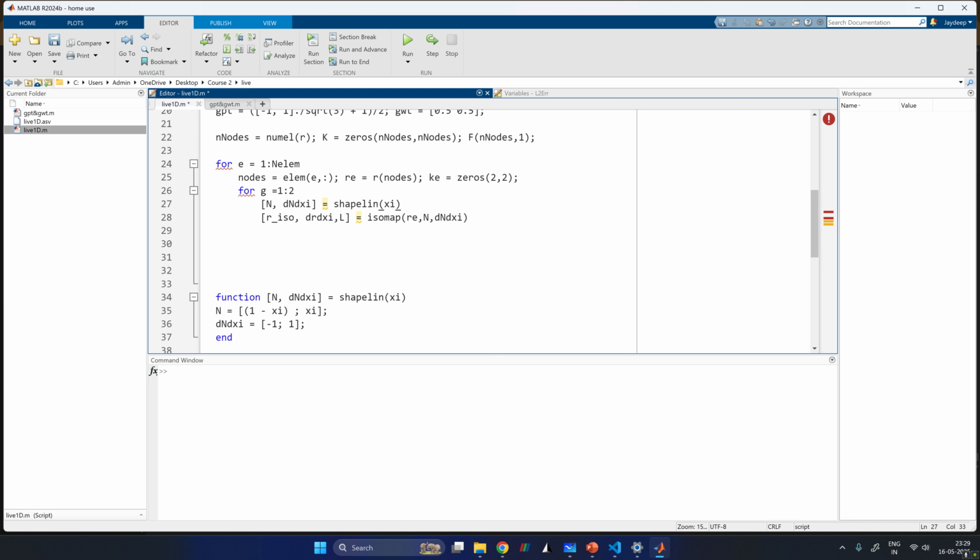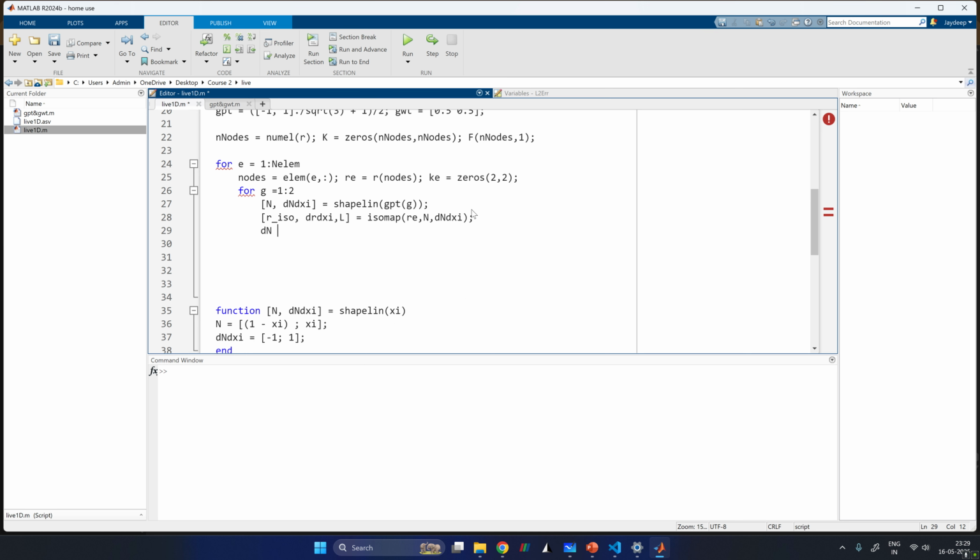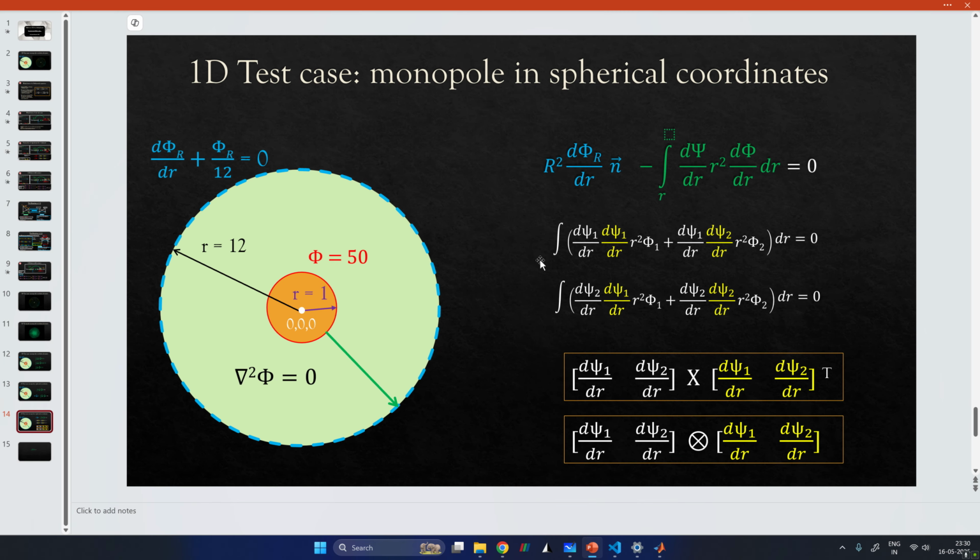So this psi we will just replace with the Gauss point at G. Okay, so the two Gauss points. And so now let us also define our actual derivative. So I'll call it as dn. So this is the physical derivative, and I can just do it by dn by dxi upon dr by dxi. So this is my derivative, and so now I can start writing down this actual equation, right,